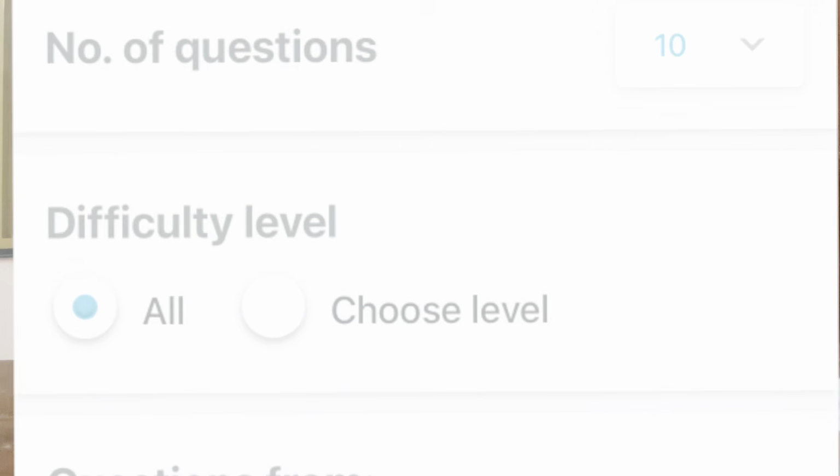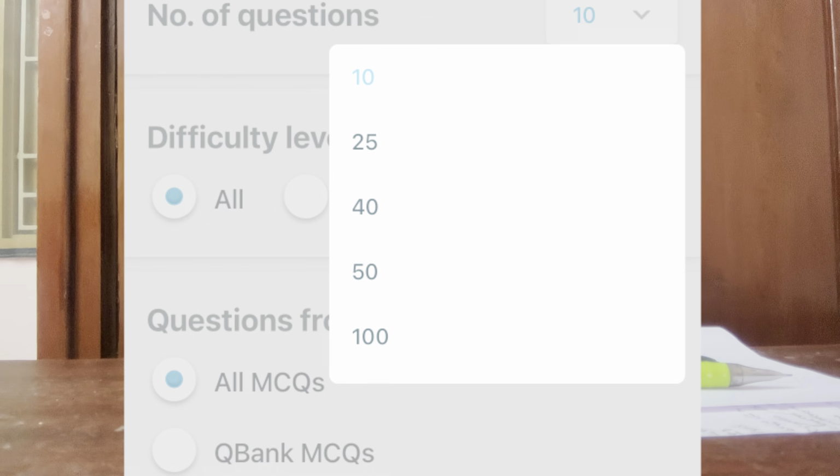Okay, so first you'll be having the difficulty level, just choose always all, and then you will be having 10 to 100 questions. Make sure that you choose 100 questions or the biggest number, because you will be having only a 20 modules per day limit and 300 modules per month limit. So just don't exploit it. Just choose the high number always.